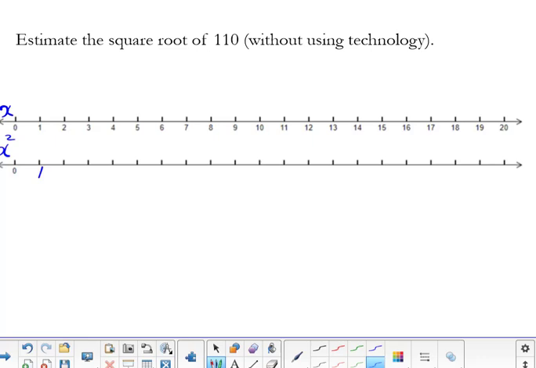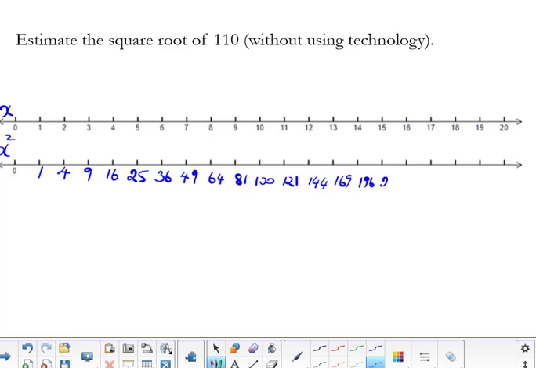So right underneath on our second number line, we're going to put all the squares of the integers above. So we've got 2 squared, which is 4, 3 squared, which is 9, 4 squared, which is 16. Keep on going here, 25, 36, 49, 64, 81, 100, 121, 144, 169,